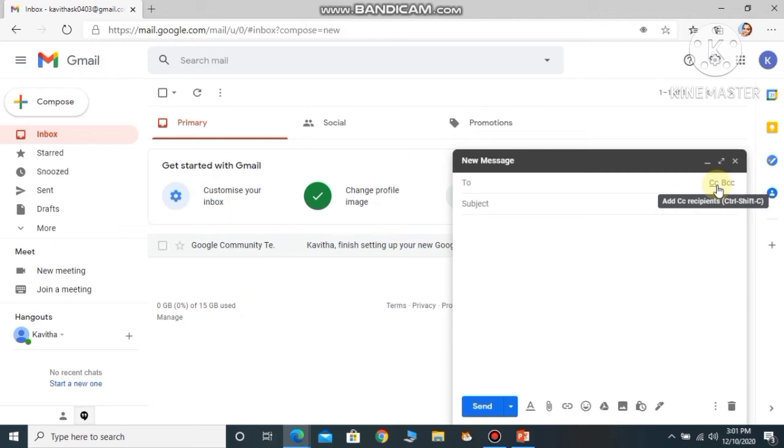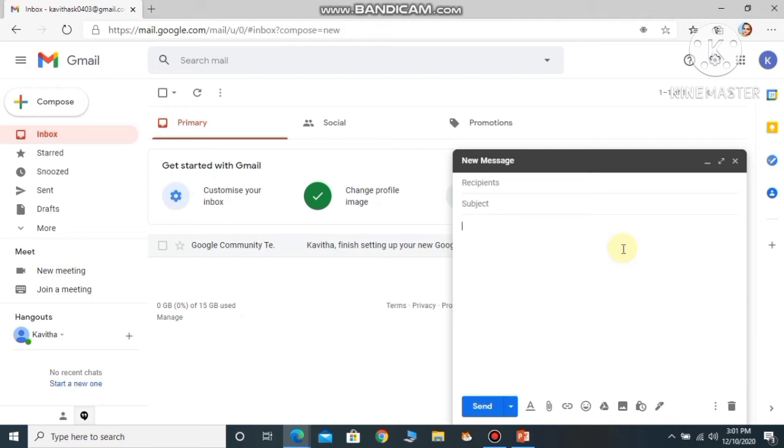Next is the subject field. So what will you write in the subject? It is a brief description of a mail which gives an idea about the message. Next, here you'll type the body of a message. You can type the message just like a normal letter with greetings. One or more paragraphs can be included and your name at the bottom. So these are all the different components that you'll get in the compose button.